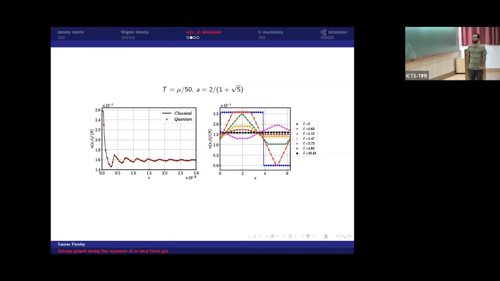So this is the density relaxation over time at some particular value of x. And here you see the relaxation of the initial density profile over time. It starts from this blue curve, which has some uniform value in some part of the circle, and finally it relaxes to the uniform value on the full circle.